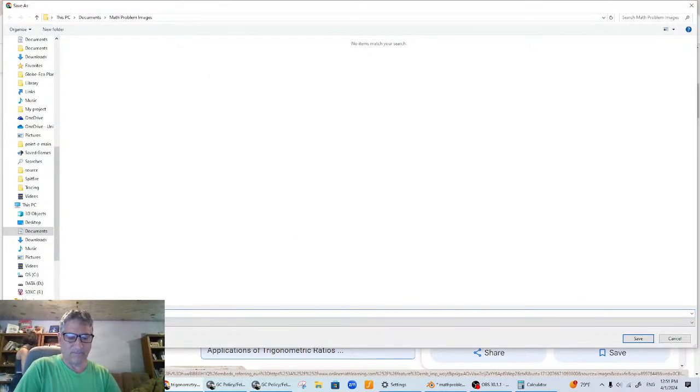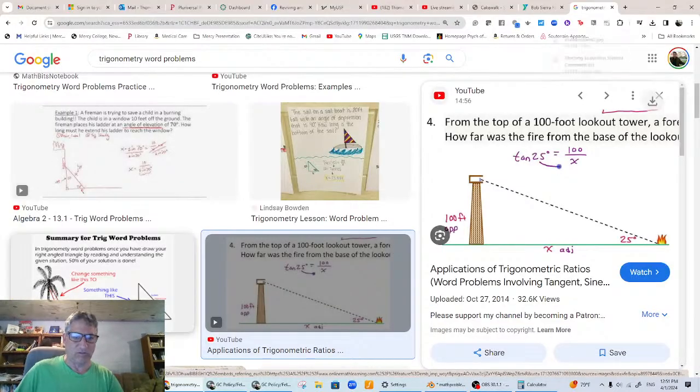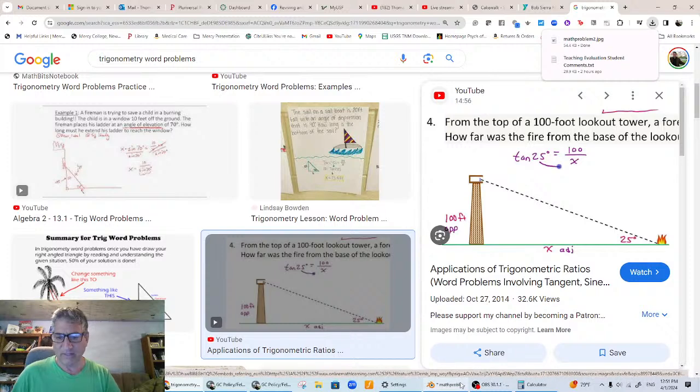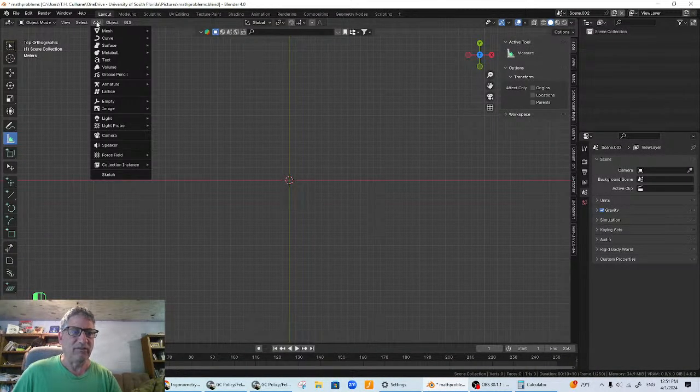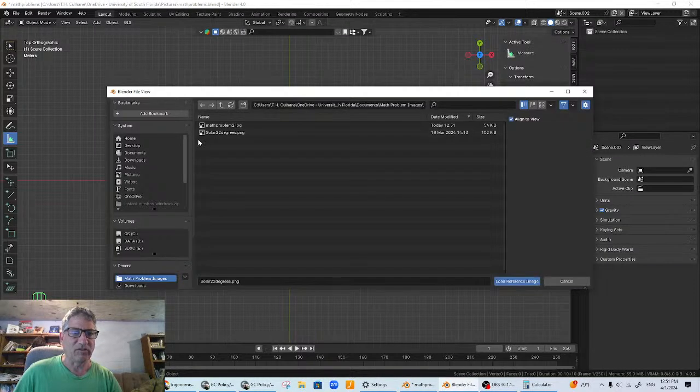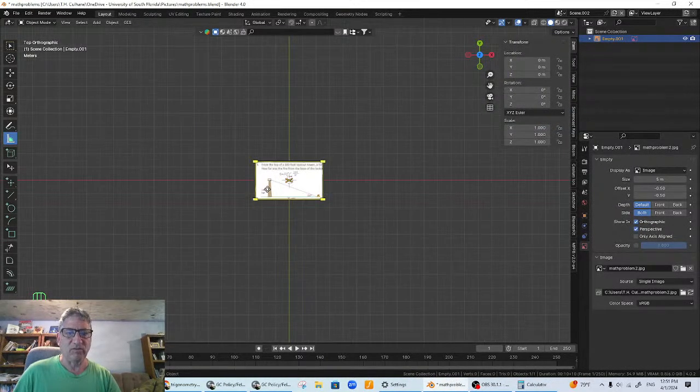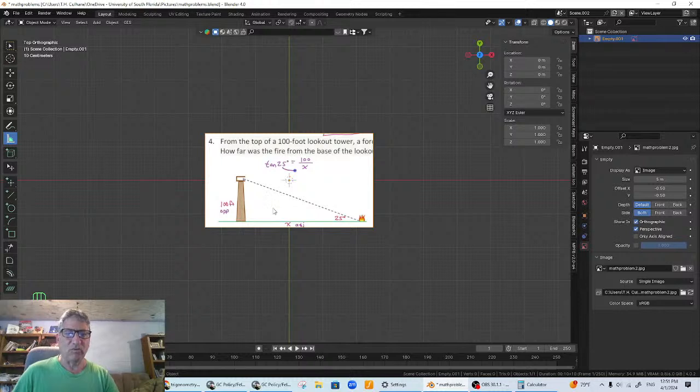math problem 2. All right, and then go back to Blender and add the image for reference. And there's math problem 2. And there it is. So once again, the procedure would be that we need 100 feet here, and this tower